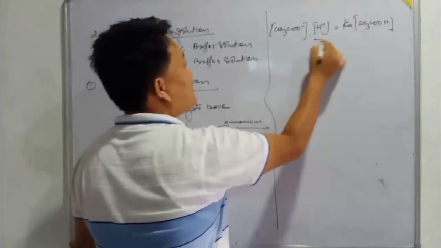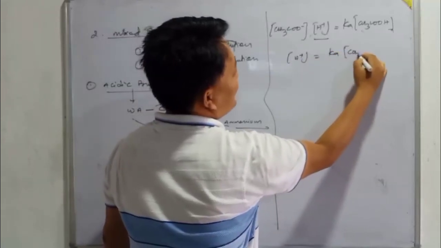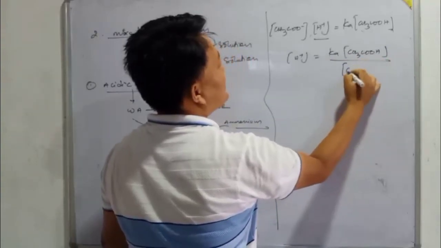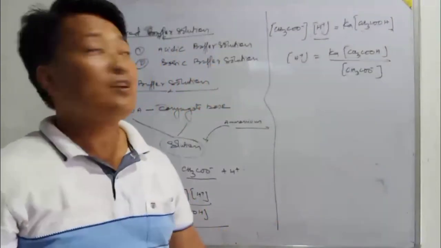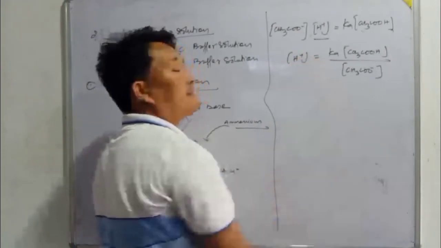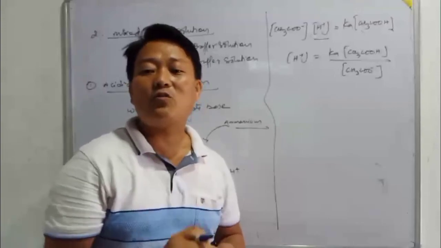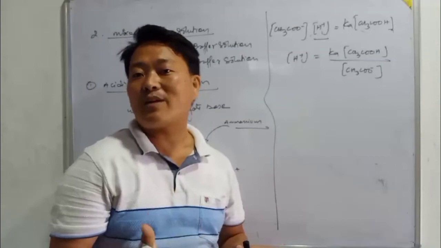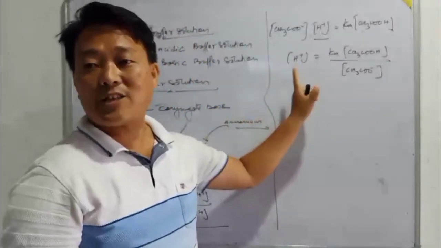So now see, keep this H plus here, then what is Ka: CH3COOH by CH3COO minus. Why have I done this? Why did I keep H plus on the LHS? Because of pH, and since we know that pH is equal to minus log of the concentration of H plus. Basically, we have kept H plus here.